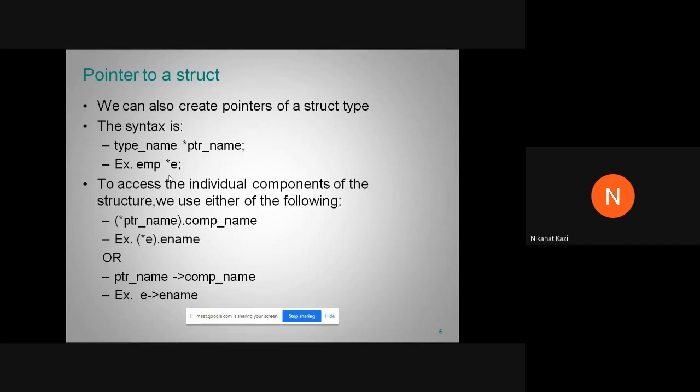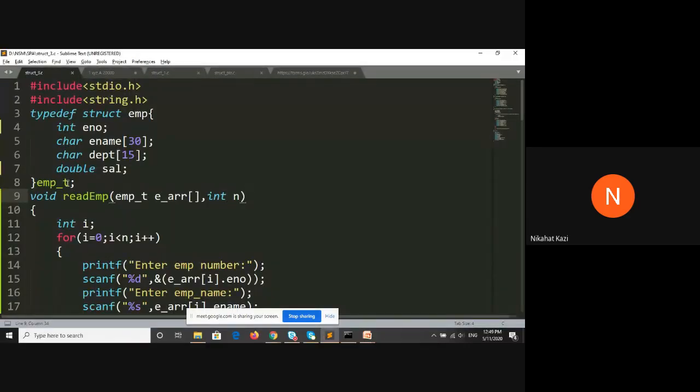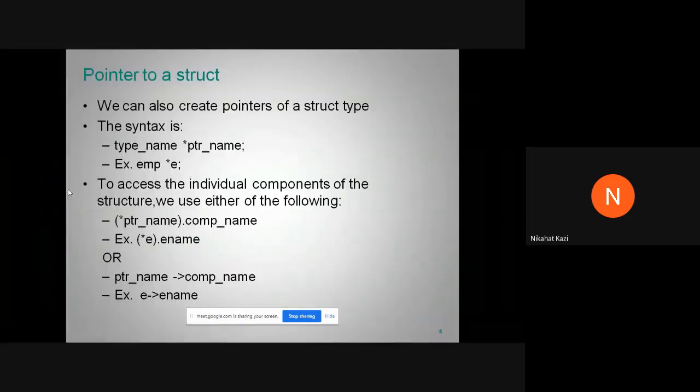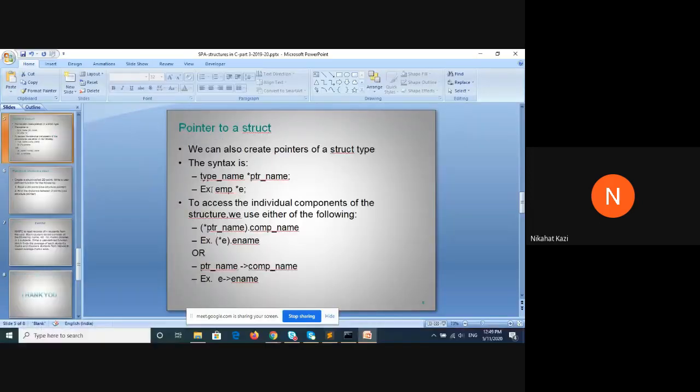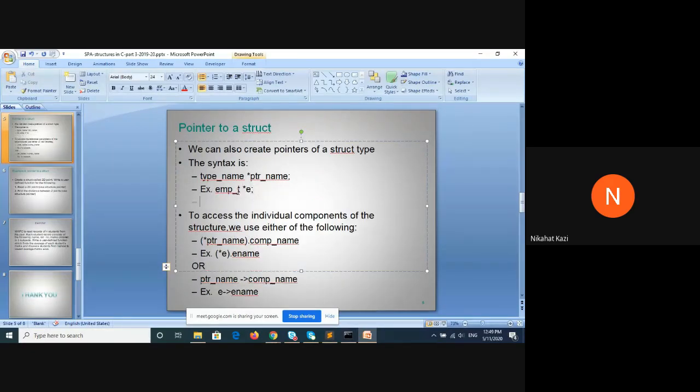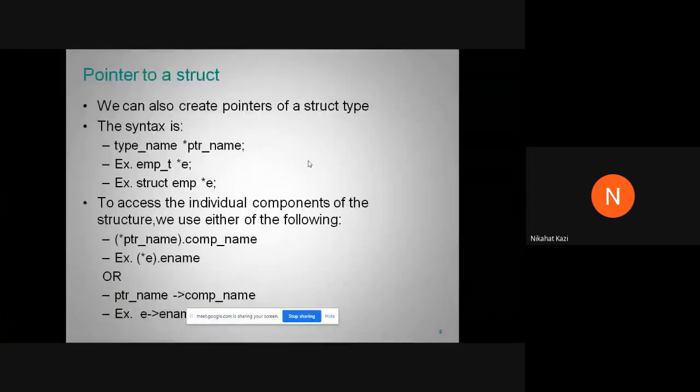Now here I had used emp underscore t, so this should be emp underscore t with typedef. If I'm not using typedef, then it will be struct emp star e. Okay, without using typedef, you have to use the struct keyword again.